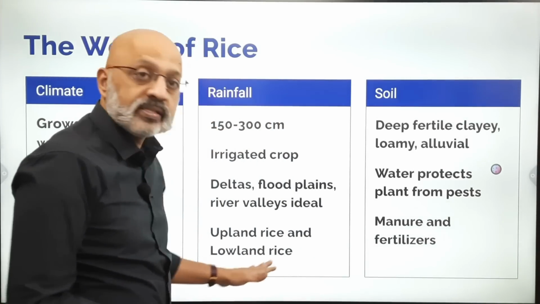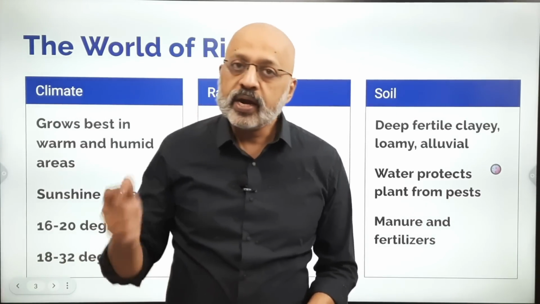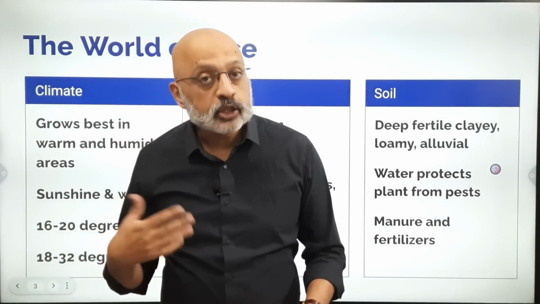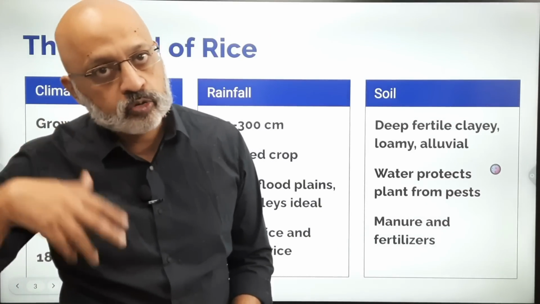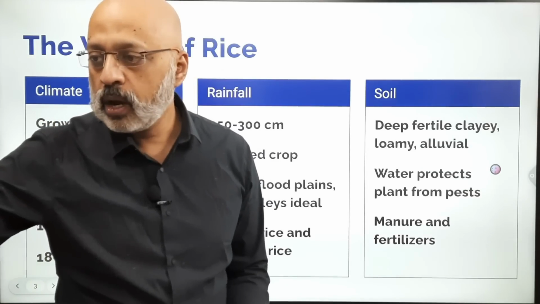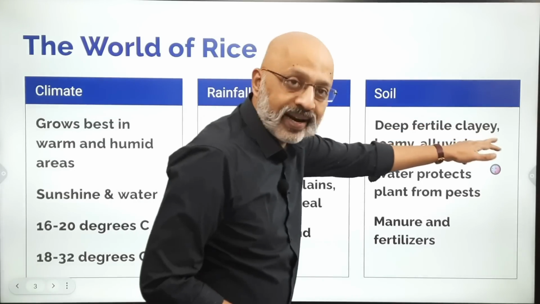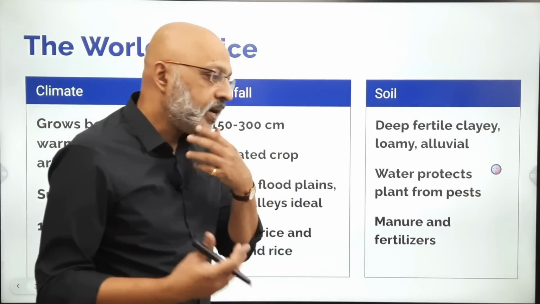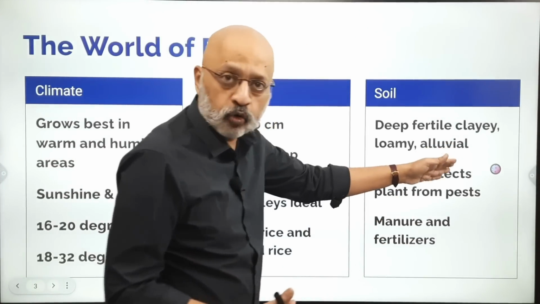The second variety is the lowland rice, which is in the low-lying areas, in the plain areas. It is sown in June and harvested in October. Okay, and it needs plenty of water, both irrigation as well as rainfall, and it is also used locally and also sold in the open market. Now let's look at the soil. Deep fertile clayey kind of soil, loamy soil. Loamy, as I have explained earlier, is a mixture of sand, silt and clay, and alluvial soil which is